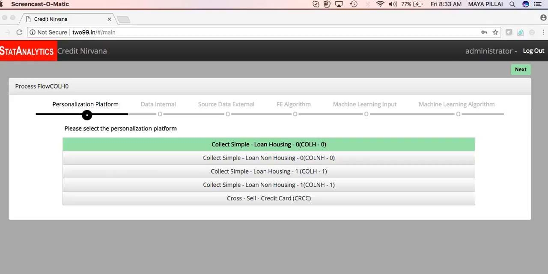We are doing this now for the first one that you see, the loan housing, for the 0-0 bucket, meaning all the customers who have not defaulted. This is the data which we are using for this, and this is the algorithm which is built for this particular scenario. Now, once I select this platform, the next step is to select the